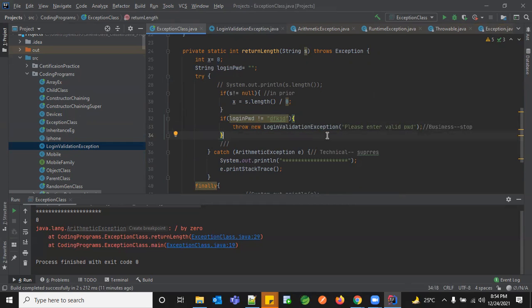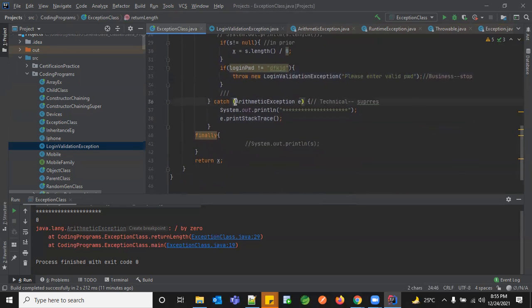So in the front end, like in your HTML or in your JavaScript, what we do is, if that is a kind of exception with a proper error message, they just show it on your screen and they stop your program until the user performs the next activity. So these are your business exceptions which can be handled, and you can't continue further without having a proper input in your flow when you're retrieving it from a user. In that case, we'll stop the execution. But in this case, you can't stop it because the user has already given you some input. And based on that input, you're validating it and providing the further result set.